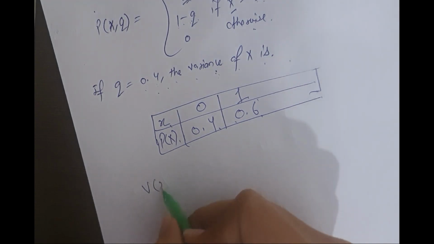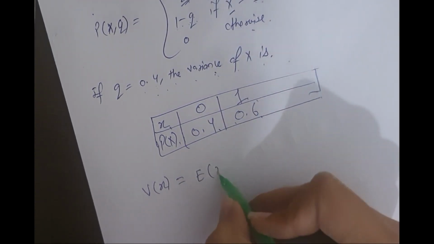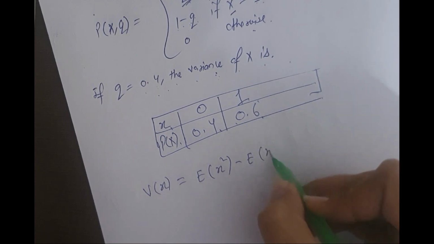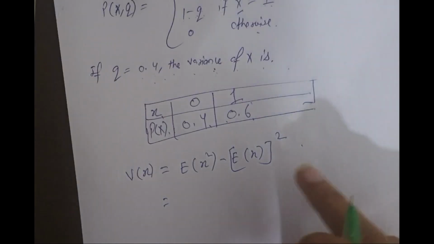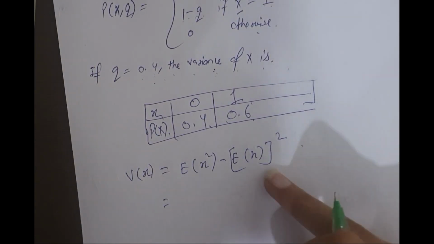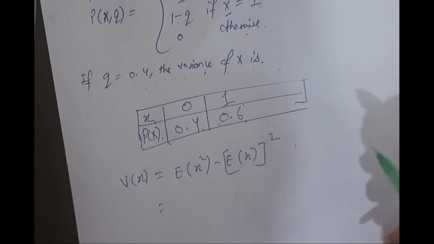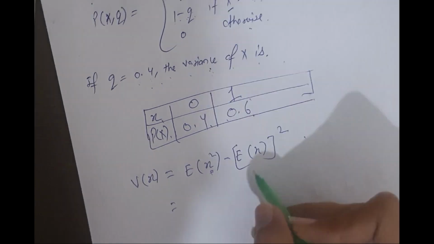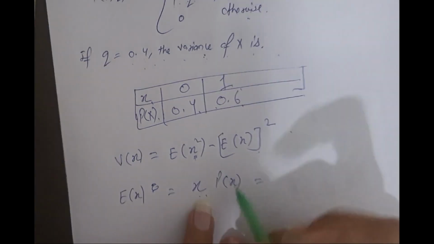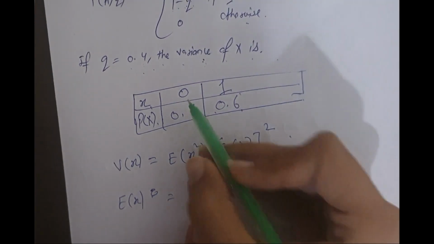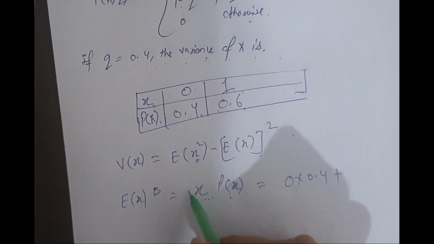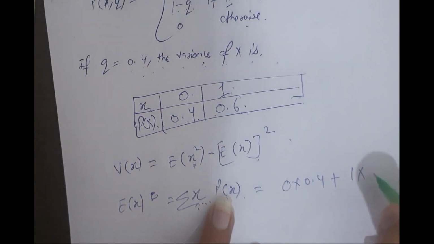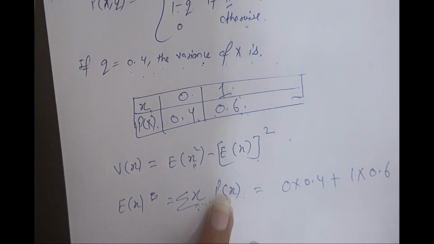The formula of variance is... we studied all this in the previous lecture. You can learn from there. If you want more questions on this topic, then you can see my previous lecture. In the previous lecture I have taught you this in detail. For that, firstly find Ex. What is Ex? Summation of x px. If you are not clear with this, then see my previous lecture. That is x into px. Now x is 0: 0 into 0.4, summation is there, plus 1 into 0.6. The answer will come out to be 0.6.